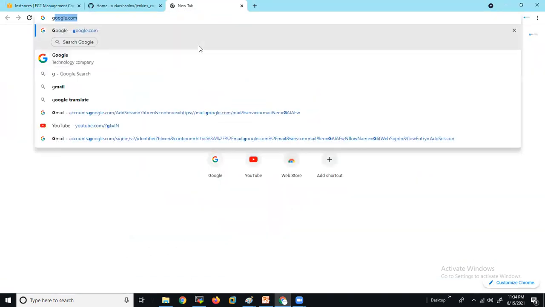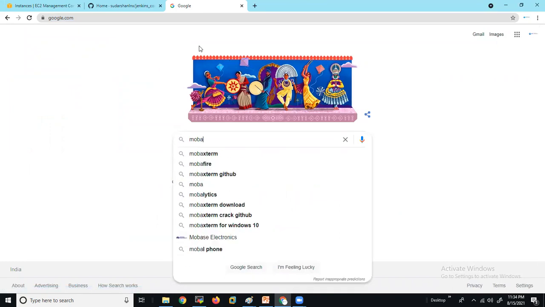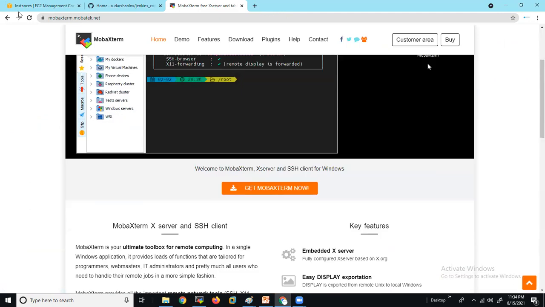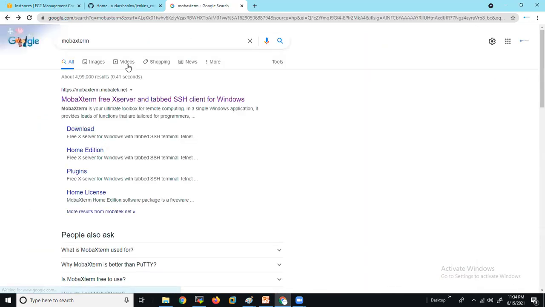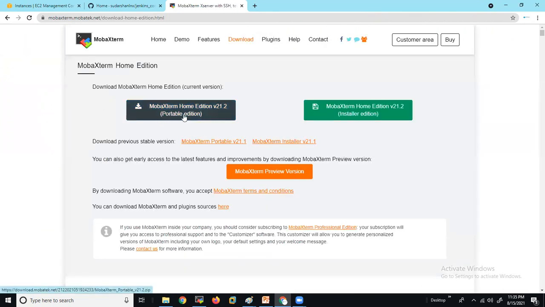Normally people use PuTTY or SuperPuTTY for Linux communication. I'm using MobaXterm for Windows. You need to download the portable edition. Don't go with the installer edition. We just need only the portable edition.